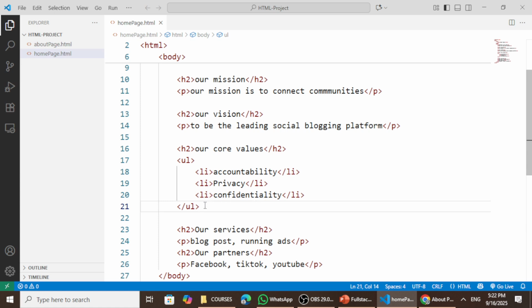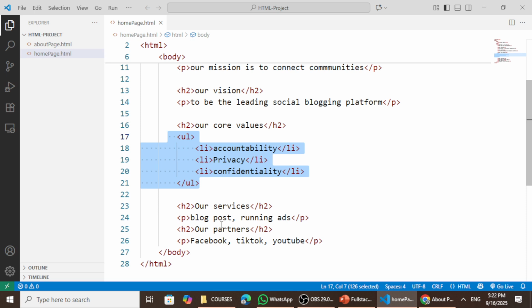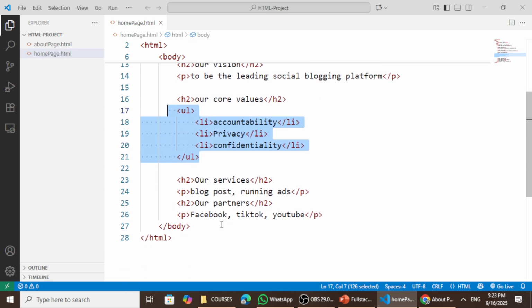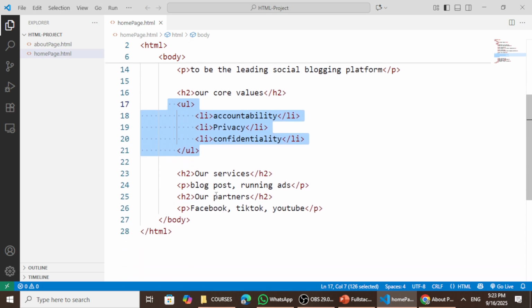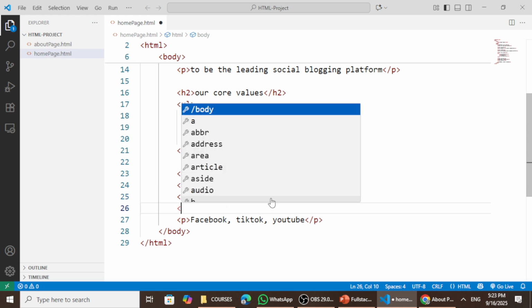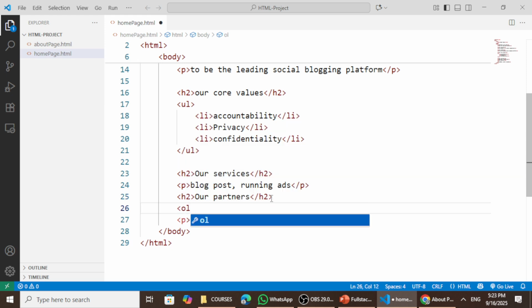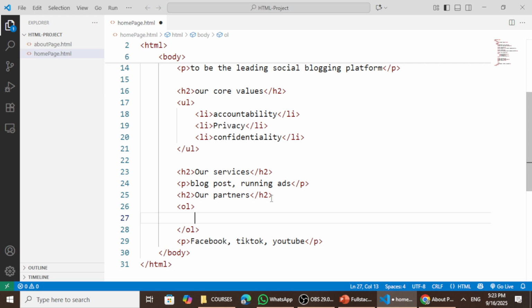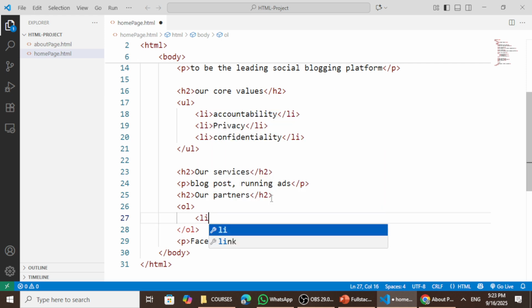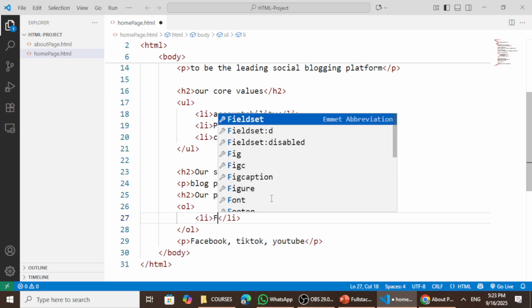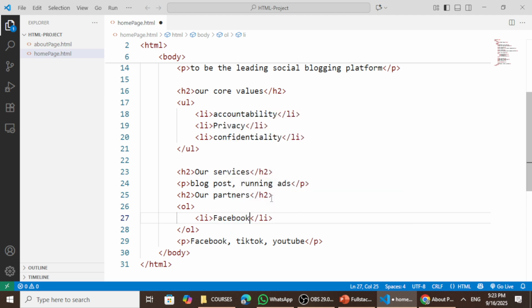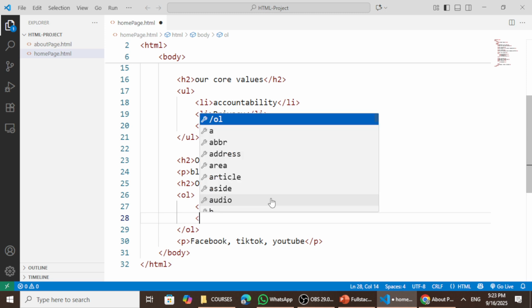Alright, then let's take another example and see how we can add the ordered list. What we have added here is the unordered list. So let's add the ordered list, and in the ordered list I'm going to use the partners. Instead of listing my partners using the paragraph, I'm going to use the list, but this time round I'm going to use the ordered list. Then within that ordered list tag, I'm going to use the li tag to list each of the items. So I'm going to say one of the partners is Facebook, and then list